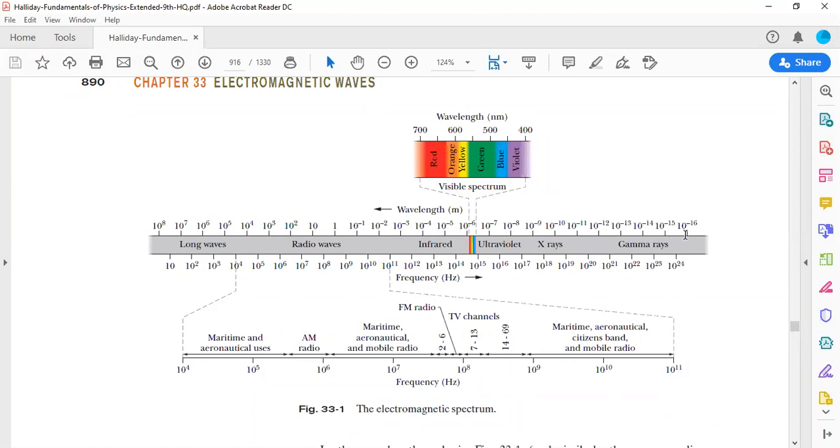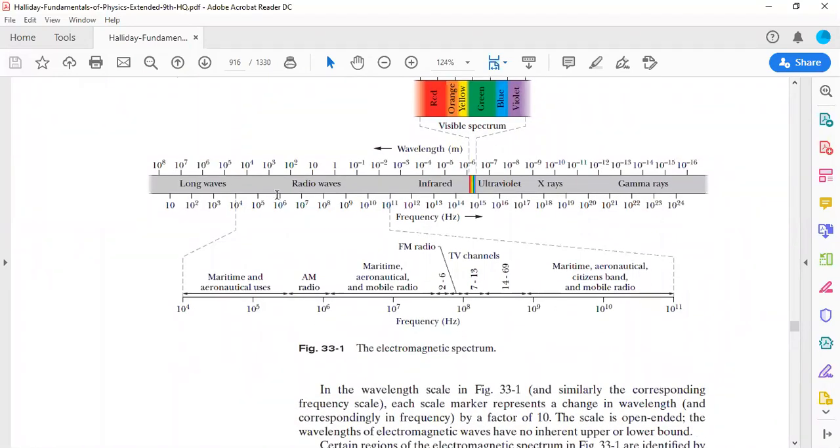And then at the last are gamma rays. X-rays are also very, very short range radiation. And in this range, from 10 to the power 4 to 10 to the power minus 2, there is further distribution. This part is very important. Although every portion of the electromagnetic spectrum is very important, especially this portion, because in this wavelength range, we are able to perform communication using electromagnetic radiation.